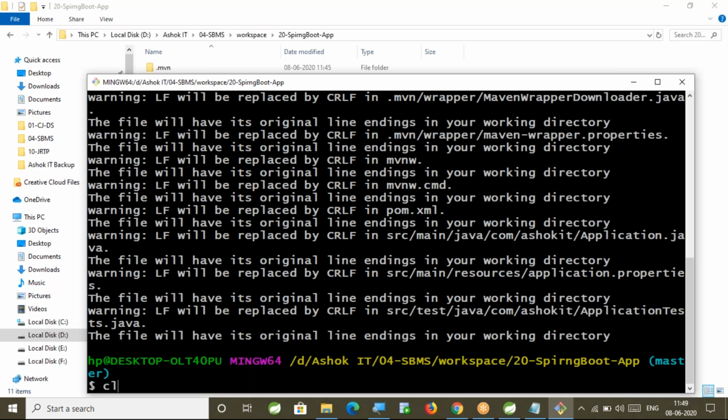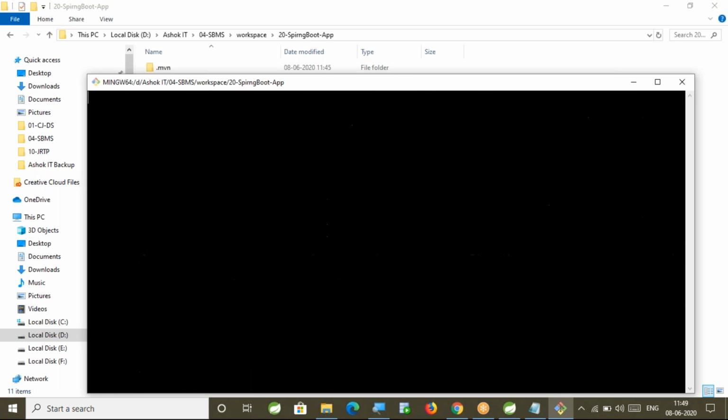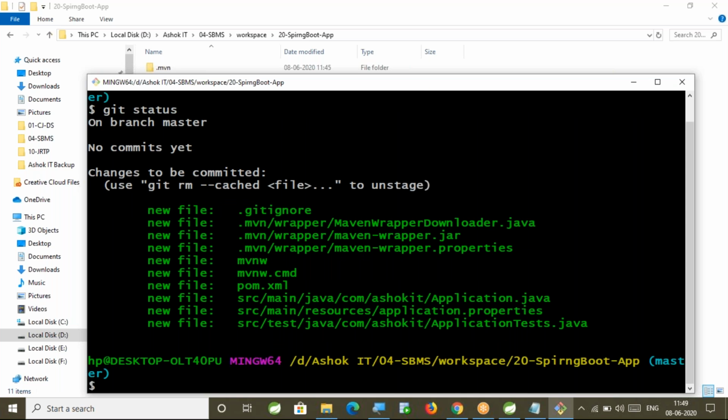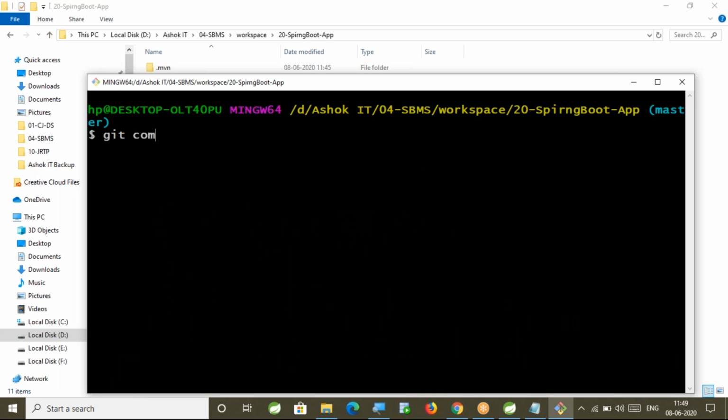We can check the status by using git status. So these are the files that are added. Now we need to commit. What is the command to commit? git commit -m with a message.